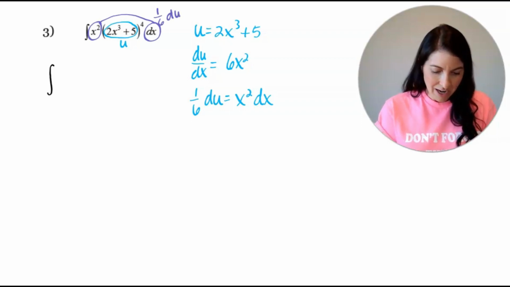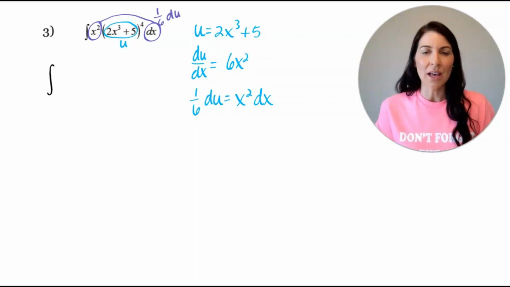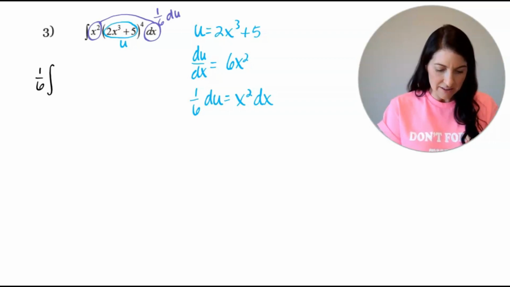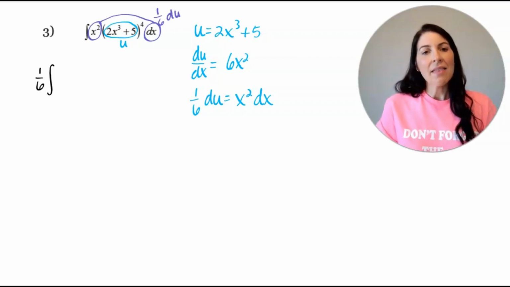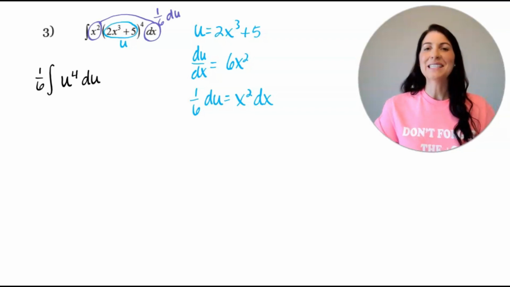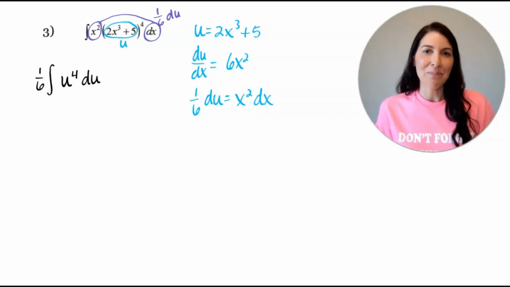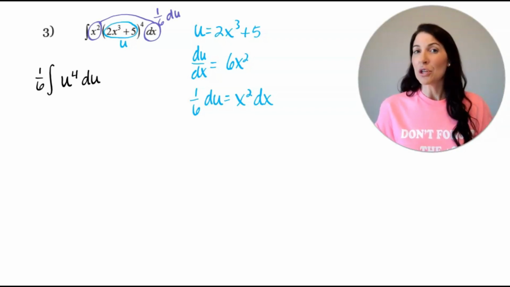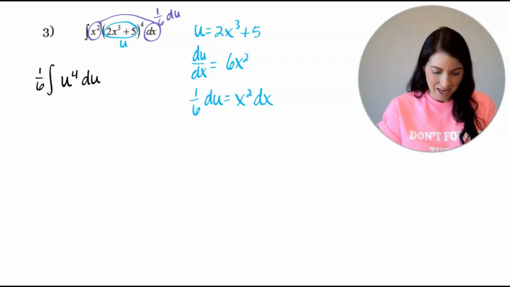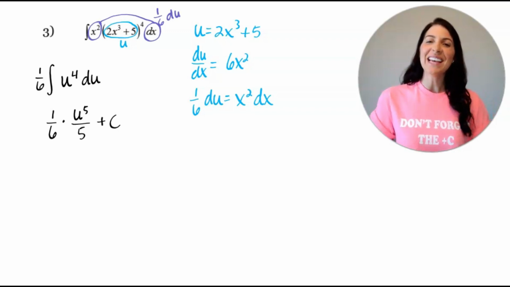So let's go ahead and rewrite this integral all in terms of u. That 1/6 constant, I like to bring out in front of the radical. And then we would have u to the 4th du, and there is my simplified integral written with only the u variable. Now I can take the antiderivative and I would use the power rule for integrals by adding 1 to the exponent and dividing. So my antiderivative would be 1/6 times u to the 5th power over 5,